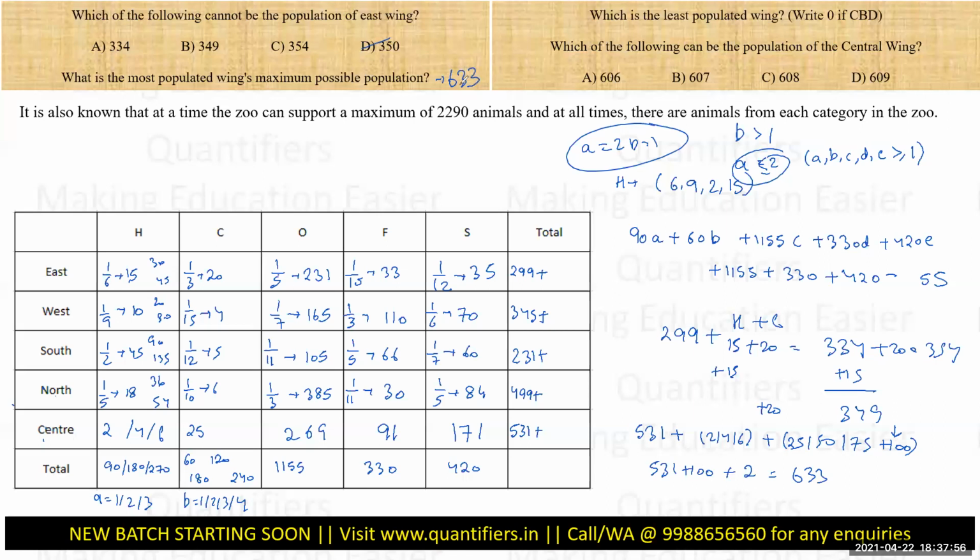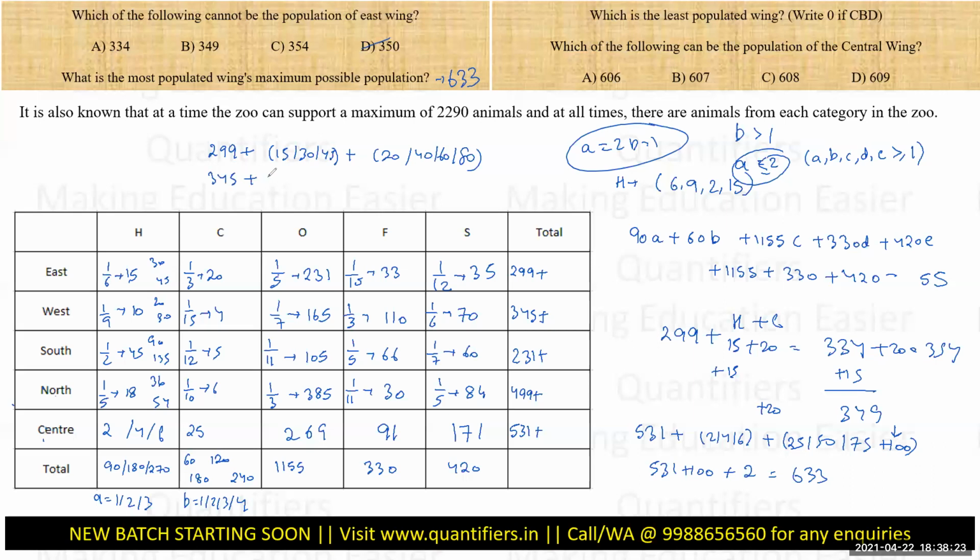Okay. Which is the least populated wing? Now, least is 299 also possible, 231 also possible, 345 also possible. Why? Because there are some variables getting added to them. This one, east, is 299 plus 15, 30, 45 plus 20, 40, 60, and 80. Right. While west is